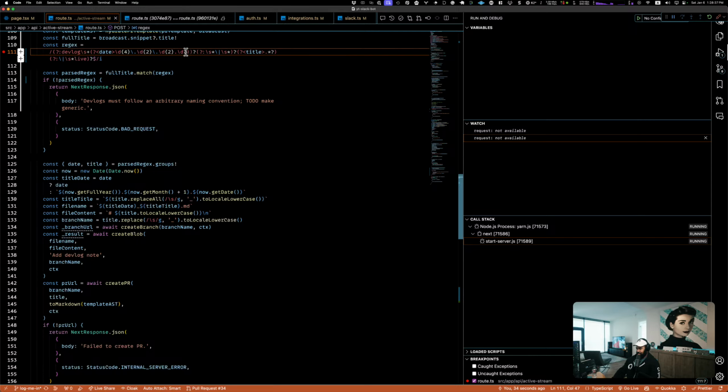Okay, so let's clean this up a little bit, because technically this is not the date what I have. So technically that's going to end here, and then this right here is its own capture group. All of this is its own capture group, and this could be zero or one times as well.